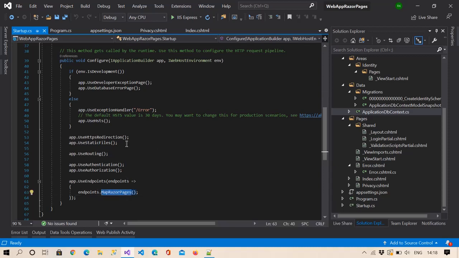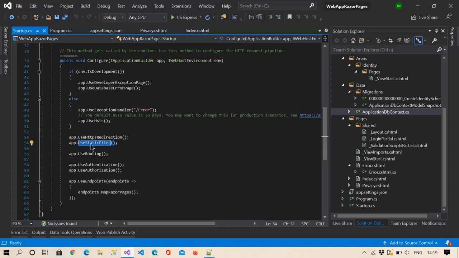Okay, and this line is basically identifying whether this environment is development or production, and this line, UseHttpsRedirection, is saying to redirect this website from HTTP to the HTTPS server. Okay,